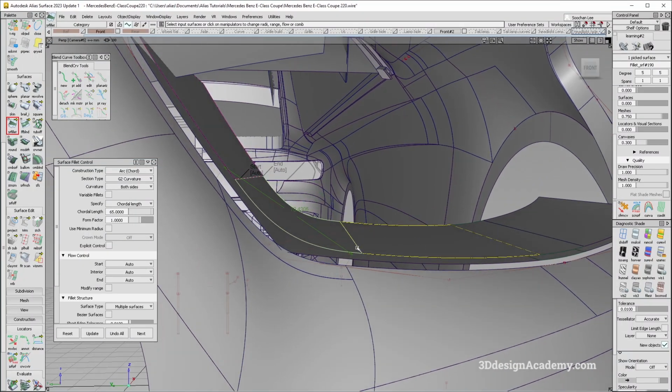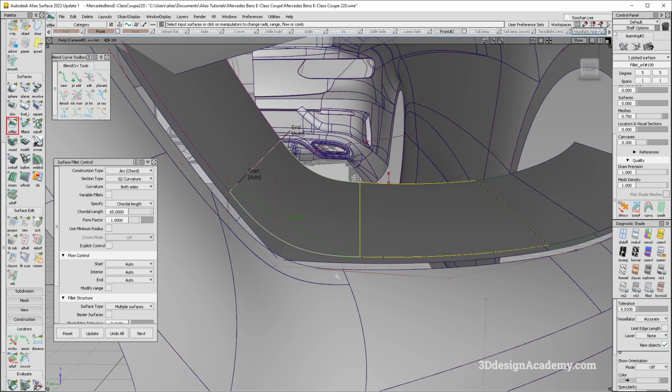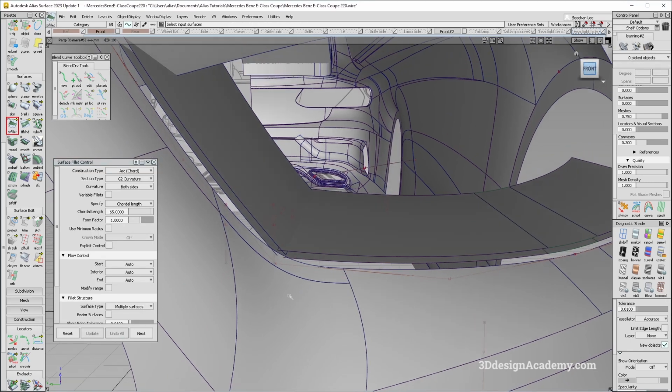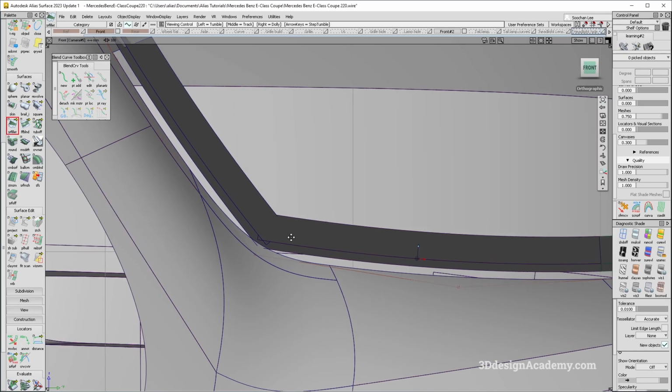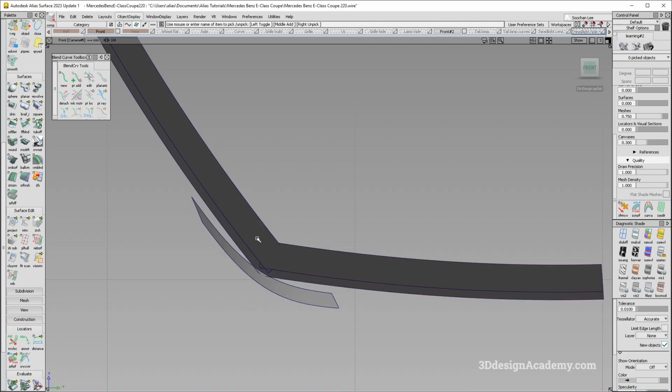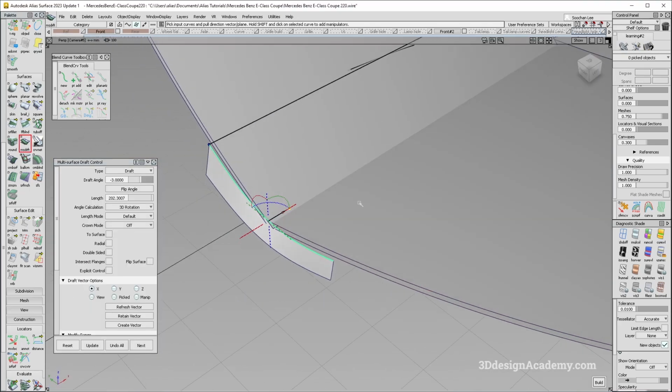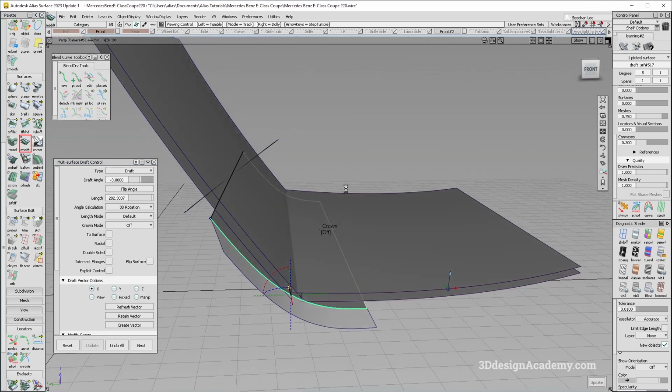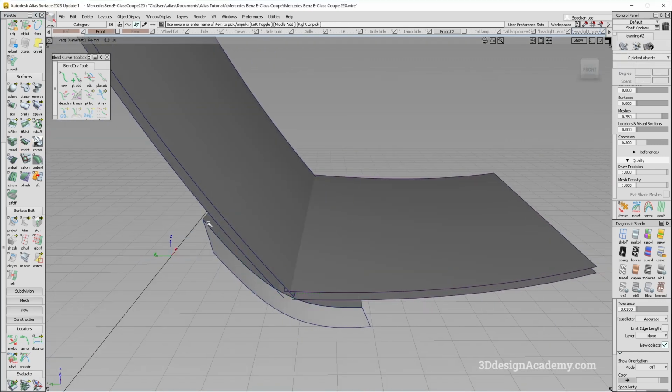Okay, so that is a problem. As you can see, it's deviating a little bit over here. So what I'm going to do is I'm just going to build this manually so that it doesn't have that kind of deviation. So let's just go ahead and pick these surfaces over here. And I think what I can do is I can just do a draft. So I'm just going to draw a draft like this at degree 3, and I'll just use this in order